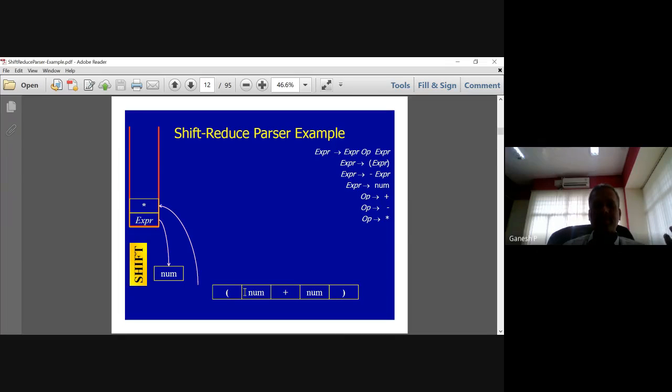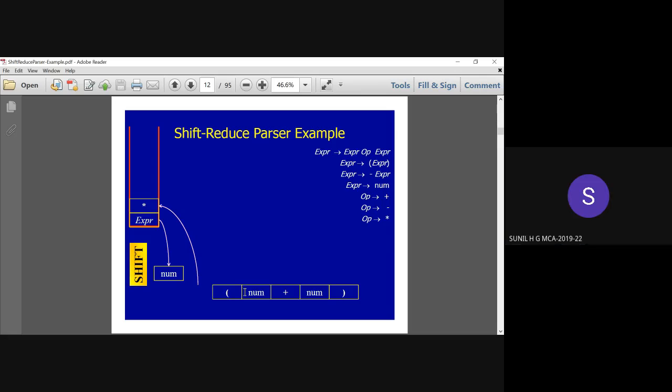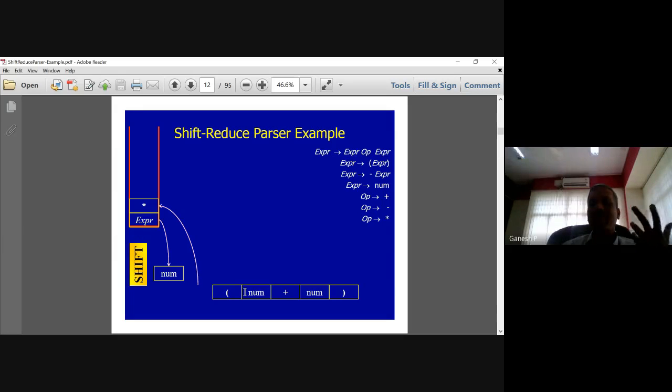Once star is shifted, is there anything for star here on the right hand side? Do you see any possible relation with respect to star? OP is operator. OP is there, meaning that it is an operator. As we did for num, num was pushed, shifted, and later reduced into EXPR. Similarly, star is pushed and you see some connection with star here. So what will happen now? The next stage will be reduce, isn't it? Because star has a compatible grammar rule that becomes an operation, it got reduced now.